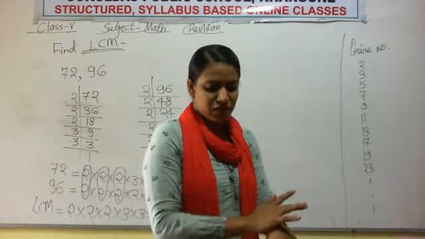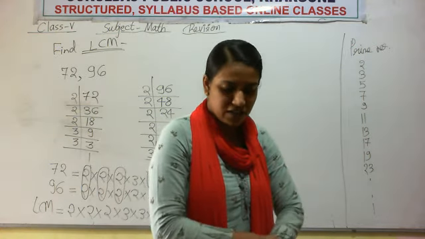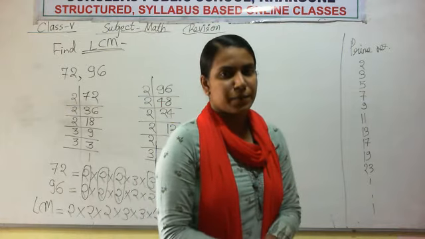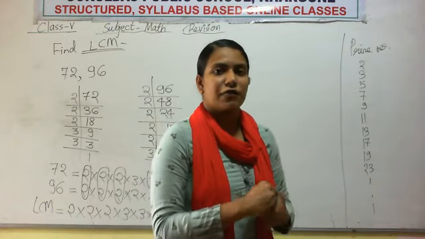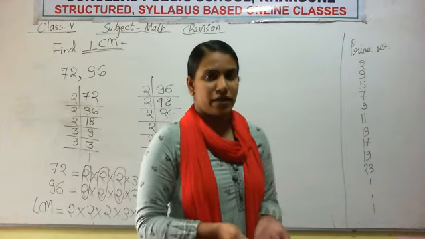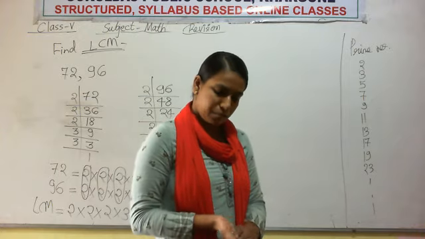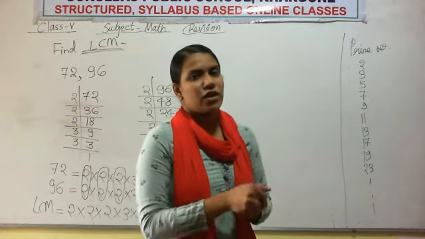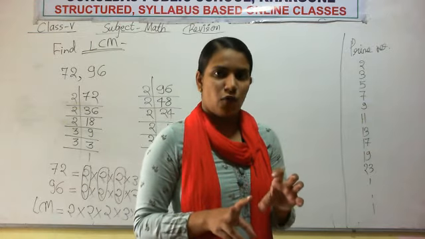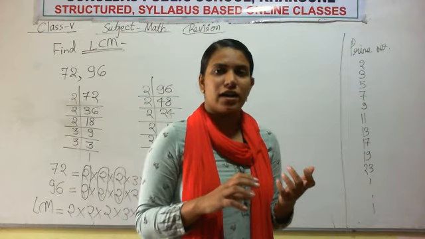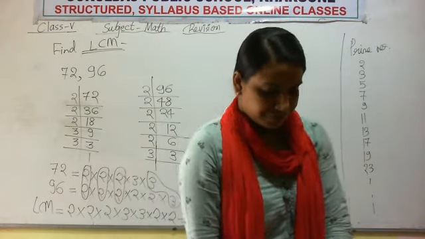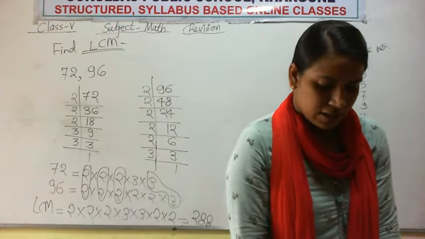Okay, proper fraction. So what is proper fraction? Those fractions whose numerator is less than denominator are known as proper fractions. What is improper fraction? If numerator is greater than denominator, or if numerator is equal to denominator, we call it an improper fraction. Mixed fraction. What is mixed fraction? It is a combination of whole number and a fraction. Combination of whole number and fraction is known as mixed fraction. So all these things we have discussed.